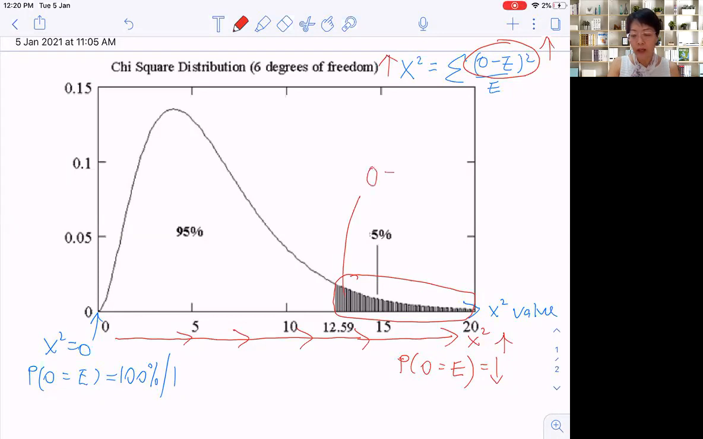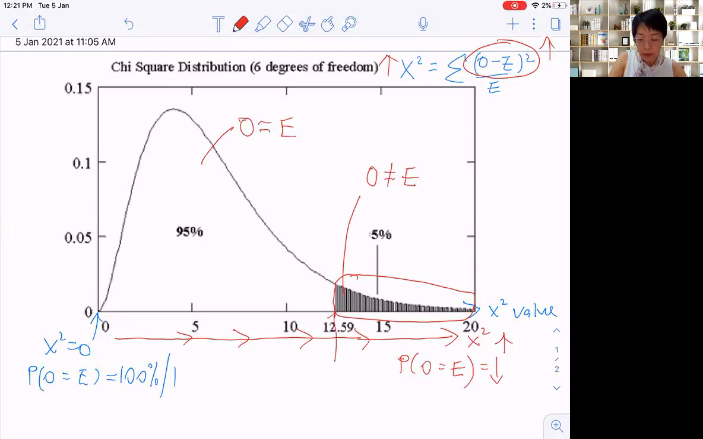O is significantly different from E already. And whichever chi-square value falls here, we say that there is no significant difference between O and E. So this is where we use chi-square to find out the cut-off point. The cut-off point in biology is usually the final 5%. So therefore, at this value